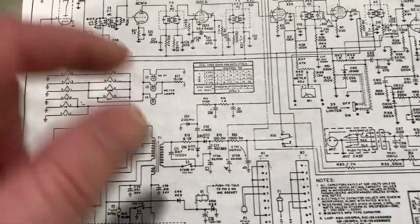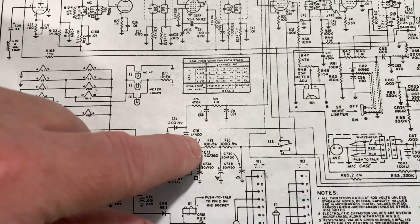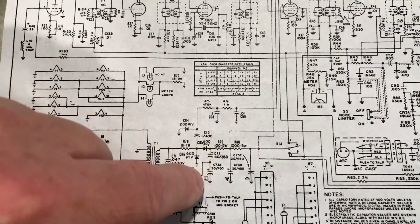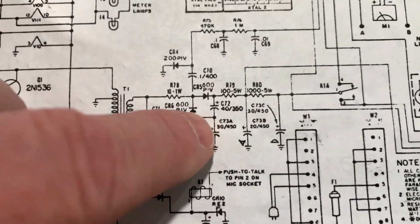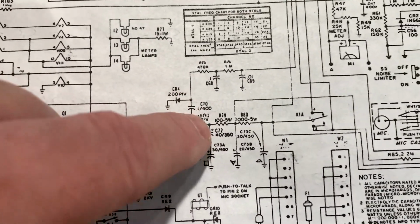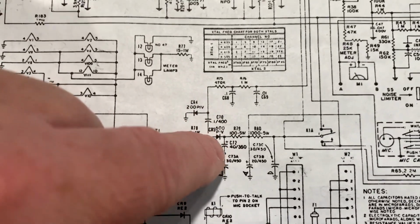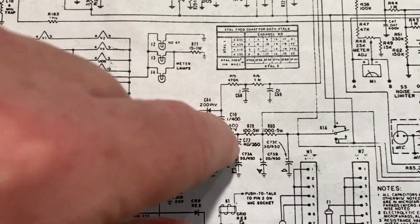And it looked like what they did was they added that 40 mic, 350 volt in series with this 450 volt 30 mic. So you have less than 30 mics here because they're in series. So what I'm going to do is I'm just going to put a big,